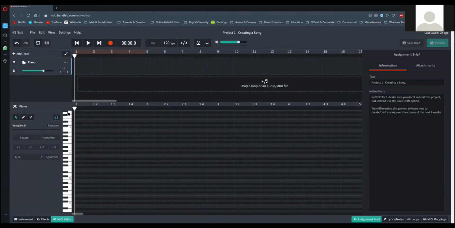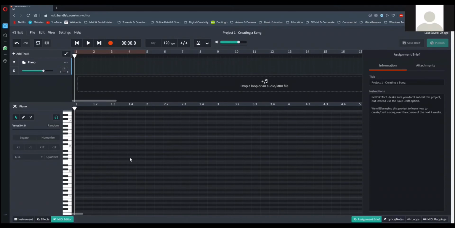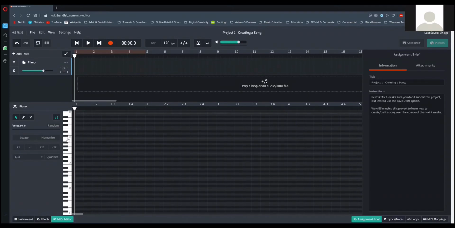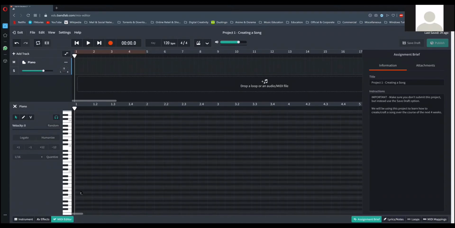Okay, so when you see the MIDI editor on the left, you will have these keys. One that says 1, one says 2, 3, C4. You can use your mouse to just scroll up and down. C7, C6. For this song, we will use C4.